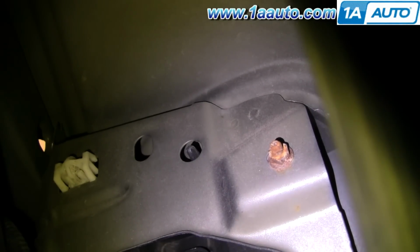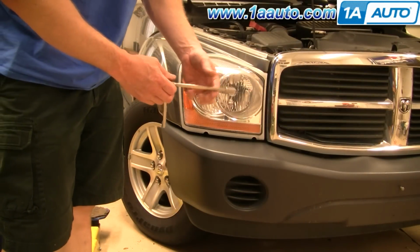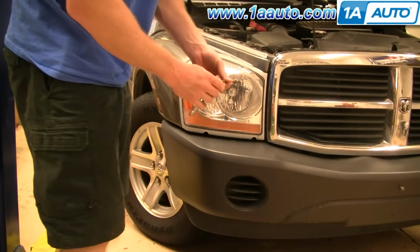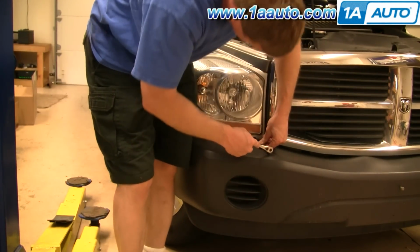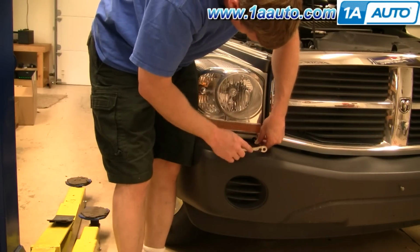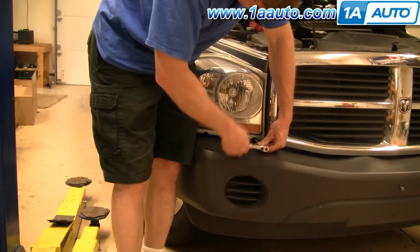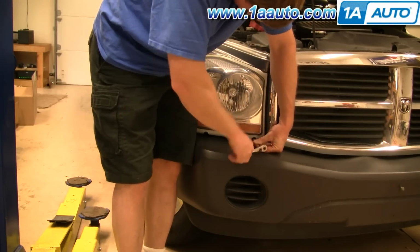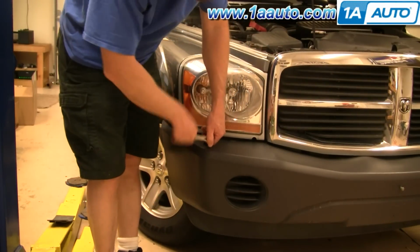Okay, and then back in there you want to remove that 10mm nut right there. Use a 10mm socket with an extension and a ratchet. I just have to go in here and feel around a little bit with the socket until you hit the bolt. Now I'm just going to fast forward as I remove those two bolts underneath and then the nut on